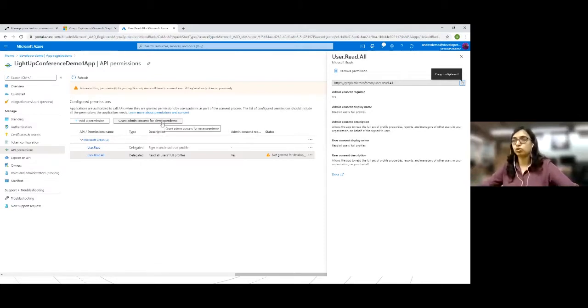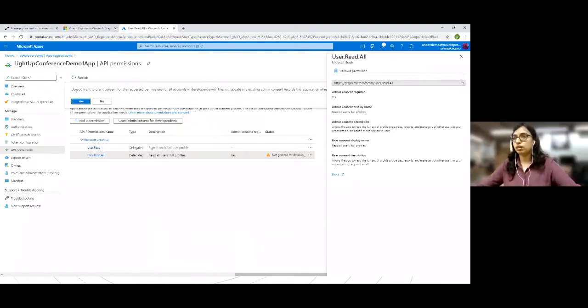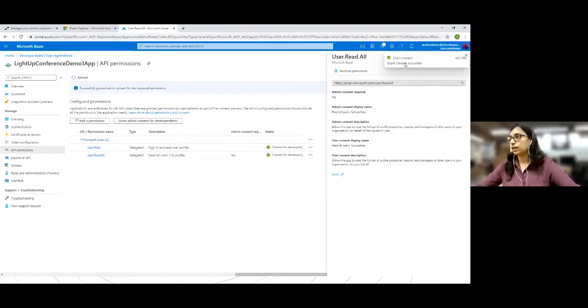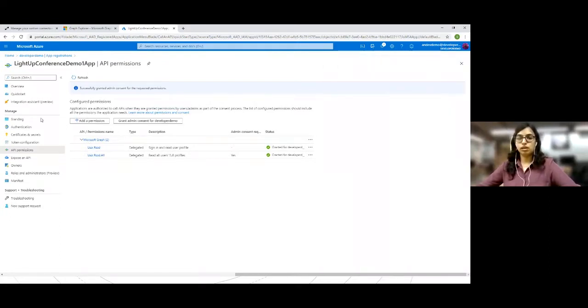But if you are not able to do it yourself, you need to ask someone who has the permissions to do it. So let me grant admin consent for this permission. It will ask me if I want to grant the consent. I'll say yes. Okay, it has granted the permissions.